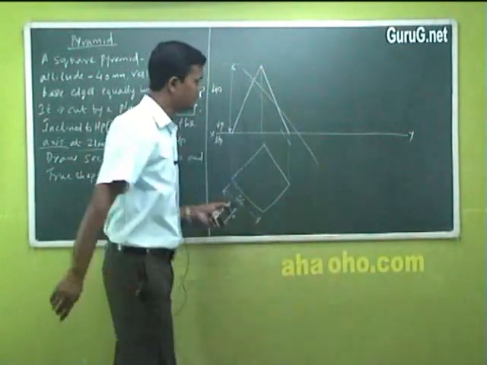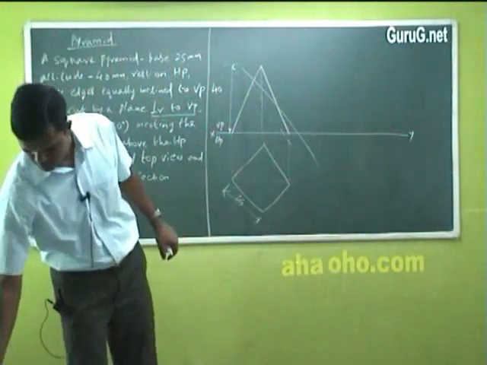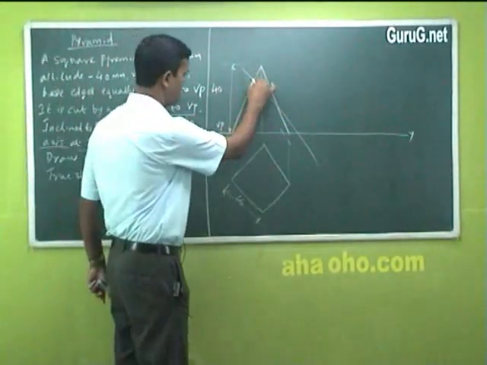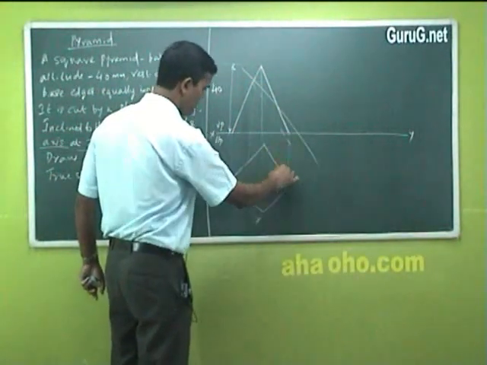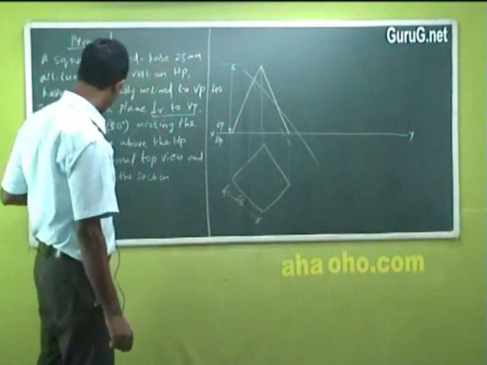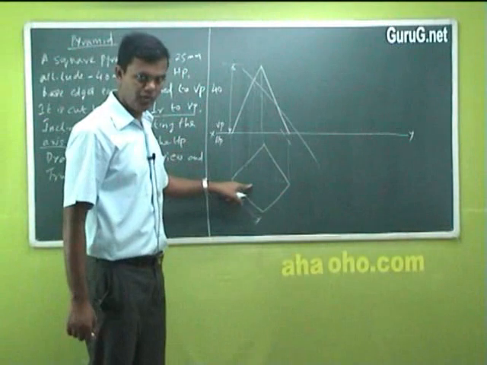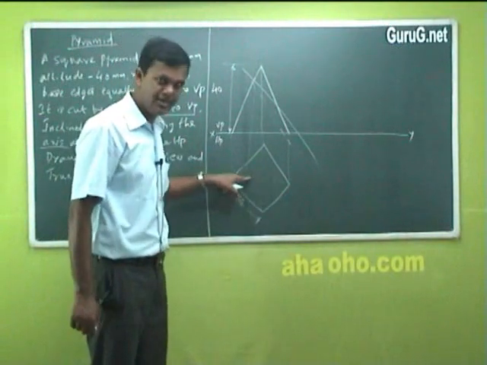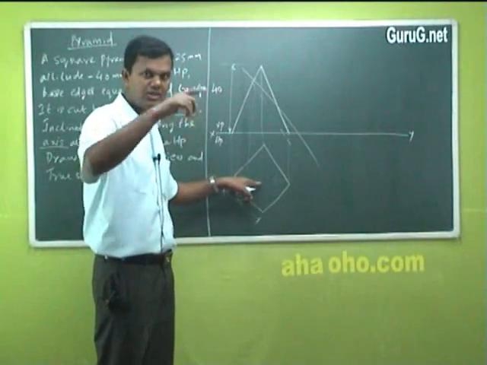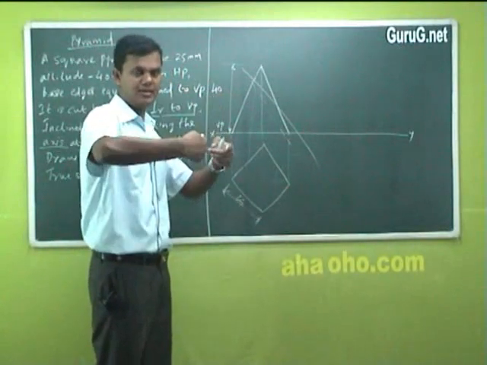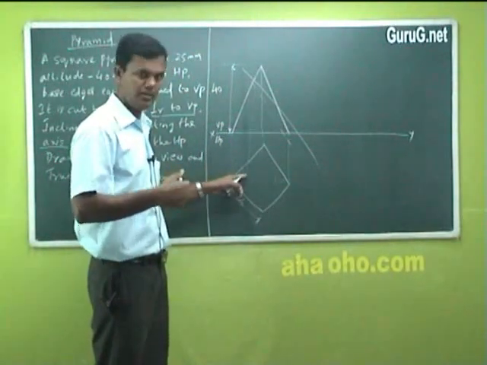It comes like this. Here it touches 3 points. 1, 2, 3 points. It's very simple. Now these 3 points you have to bring down. Again the same. This point is here and this one down. You have to draw the sectional top view first. That means in the true shape of the top view, you should draw the sectional view inside this also. Hatch it. That means show the cut section, it is a portion that is cut. So you are hatching it with the inclined lines. Okay, those rules you can follow.